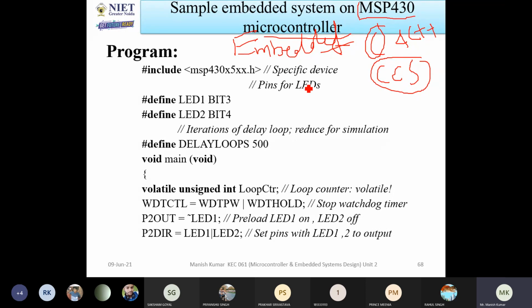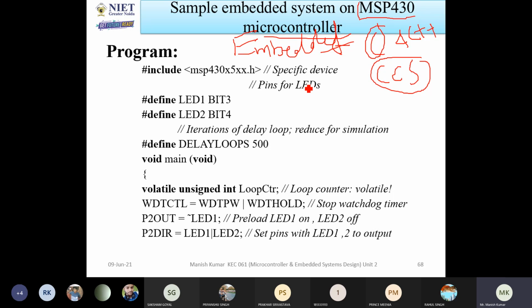So this program will not work for another microcontroller. Remember that. If you have written the program for MSP430, it will work only for MSP430. If you write the program for 8051, it will work only for 8051. Why? Since every microcontroller has different properties, different pins, different pin selections. So you have to take care of that.